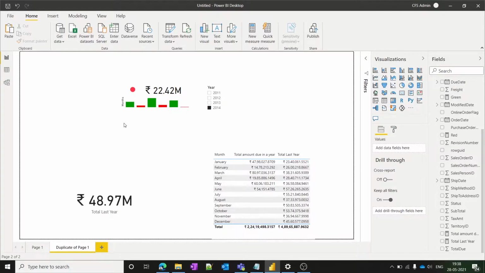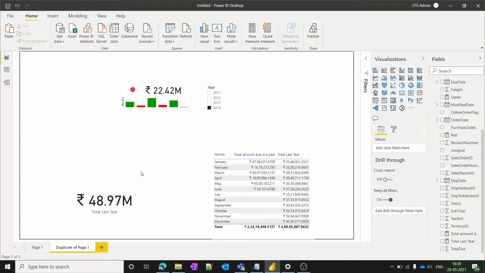So let's get back to the custom visual that I have created to show the additional functionality which I have added on top of the normal card visual. As you can see, the year 2014 is selected in the slicer. The visual gives us the value 22.42 million as the sales done in 2014. But if you observe closely, there is a dot beside the number which is in red color. This dot signifies that the sales done in 2014 is less than the sales done in 2013, because in 2013